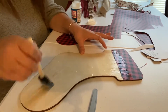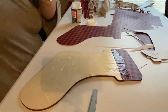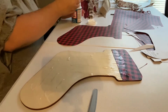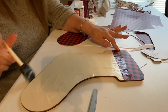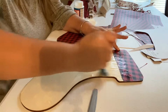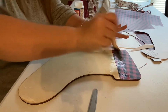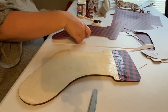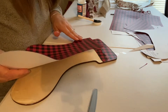I think this, guys, is gonna be so stinking cute. I cannot wait to see the final product. And I don't want it so gloppy, you know. I just want to make sure that I got enough. Okay. So we're going to take this, and remember, we've got to make sure that our lines